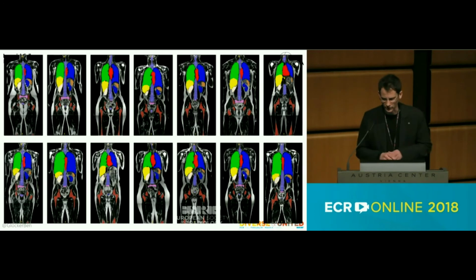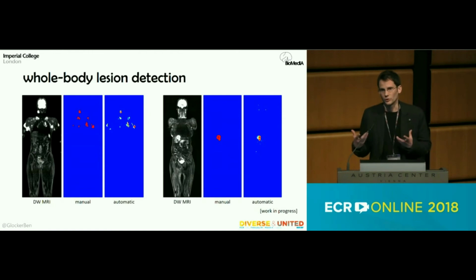Here are just some visual examples, all done automatically on our cohort of whole body scans. Now, of course, if you can do that, you can think about extracting phenotypes. If you again think about the UK Biobank study, which actually collects whole body imaging, Dixon sequence to do whole body fat measurements and things like this. If you can automatically segment all the organs, you can start correlating that with things like demographics, lifestyle, genetics, and